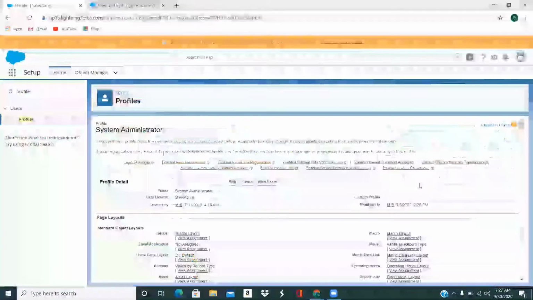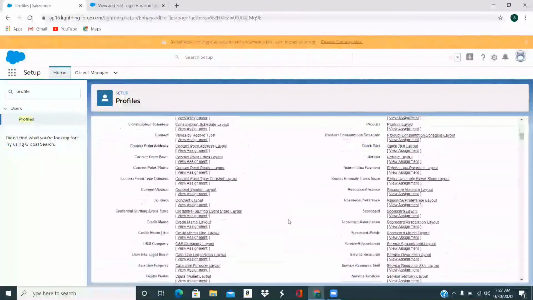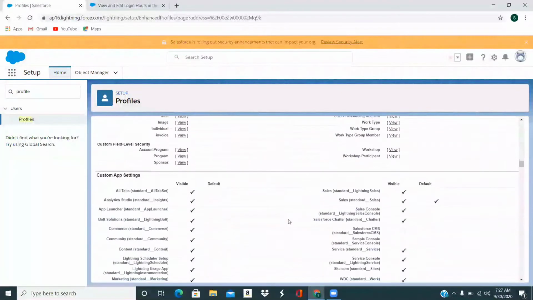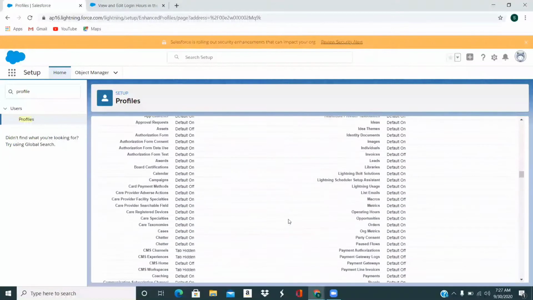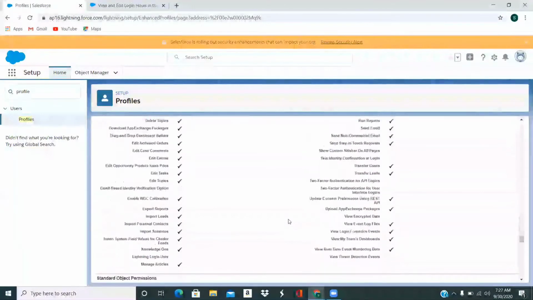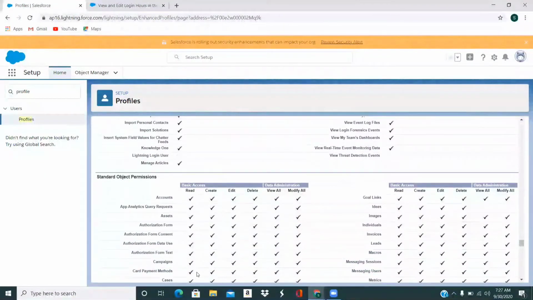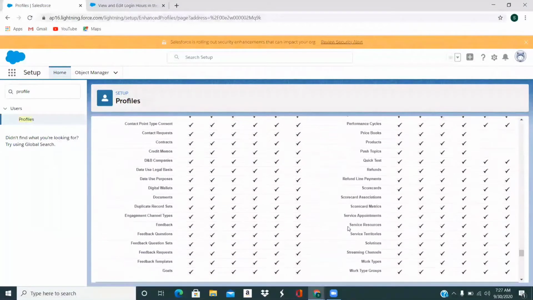So let's see, we'll go back to the profiles here, and here you can see object level permissions. Here you can see the standard object permissions. These are all the standard objects, and these are the different permissions which can be defined at the object level. That is read, create, edit, delete, view all, and modify all. So these are the different levels of access which a user can have on a standard object,